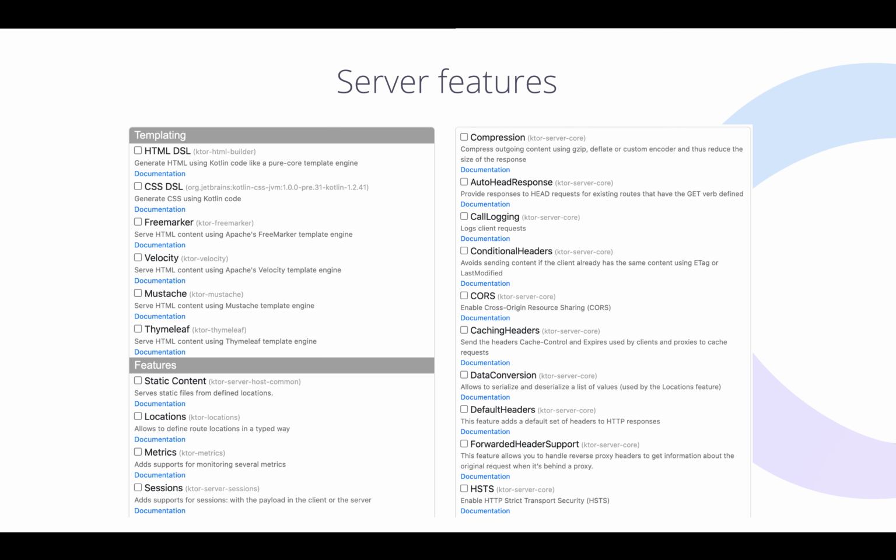First of all, these are all the features available in the template. So you have dependencies for server-side templating of HTML, CSS, and some other libraries. So you can write some HTML pages and return them from your Ktor backend. You have different features available,